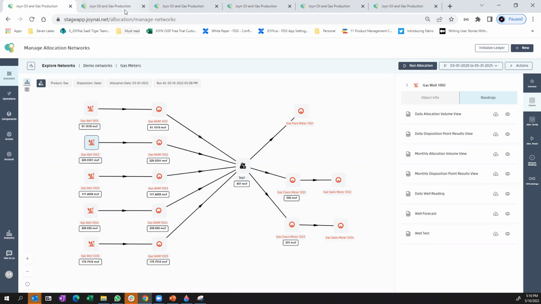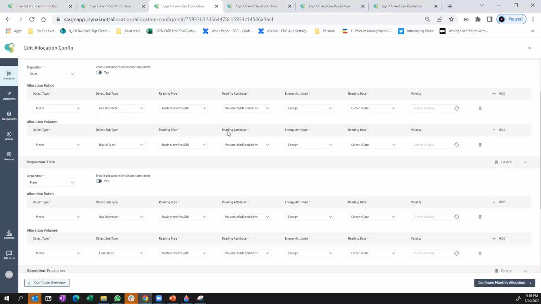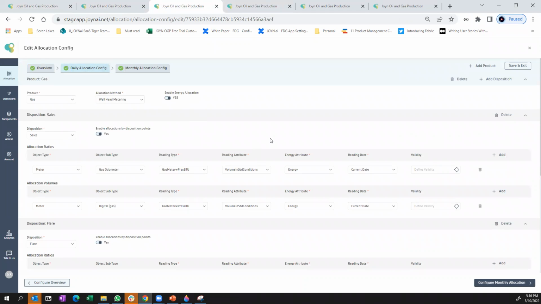The other thing which we built here, within the context of the allocation config, is the capability to have an independent custom monthly allocation config where the production accountant can configure different readings on different volume sources to be the volume source for a monthly allocation in comparison to the volume sources for daily allocation. What we are showing you here is the gas sales disposition, where we have disposition point-based